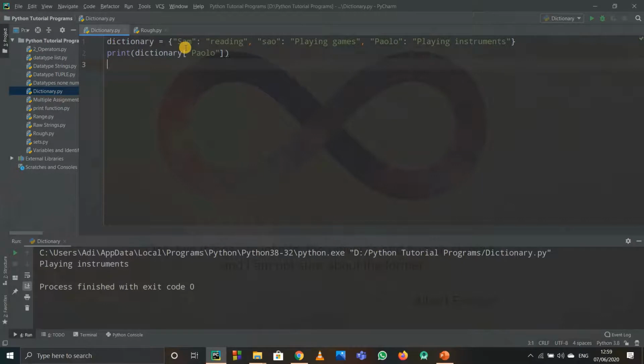Actually, you can use the key as a string, as an integer, as a float value, as anything. And you might be thinking, why do we need dictionaries? When you solve competitive coding problems on HackerRank, Codeforces and so on, then you'll understand why you need dictionaries. They are actually really easy, so that you can get access to any elements. But I recommend you all to solve some problems on HackerRank so that you can understand.